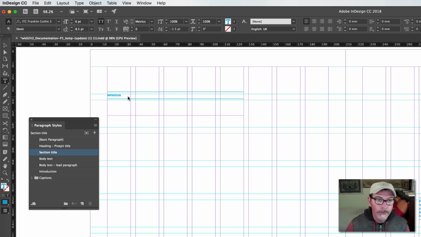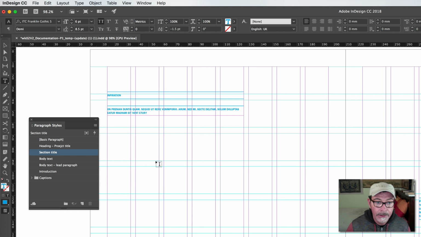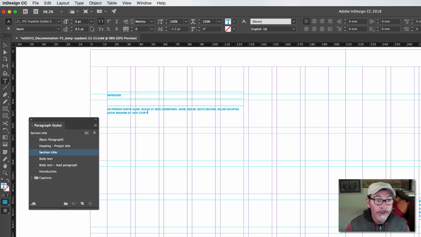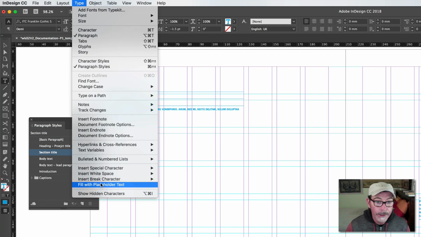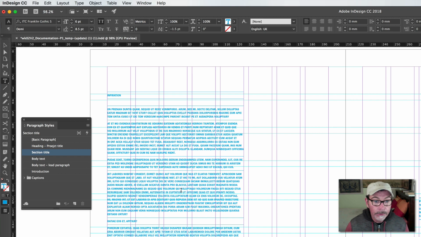So let's just keep typing. Well, I'm not going to type because it'll take me too long. I'm going to go up here. InDesign has a placeholder text option. So I'm going to go up to Type, Fill with Placeholder Text. And in fact, I'm going to make that larger and do that again. Fill with placeholder text. Look at that. I've got a whole lot of paragraphs now. And they're all in blue and they're all